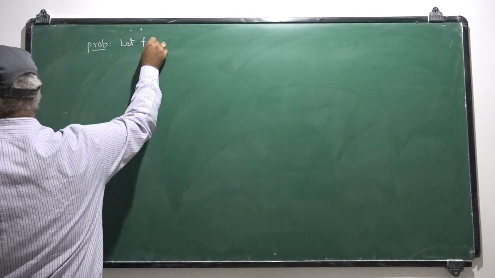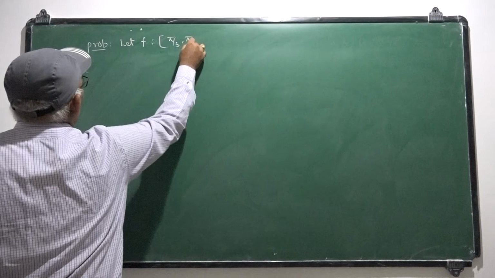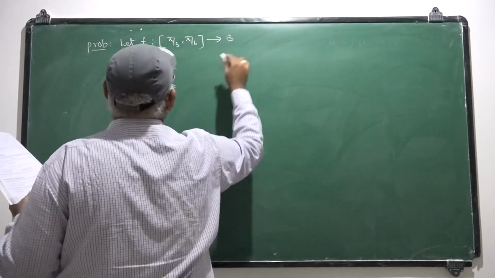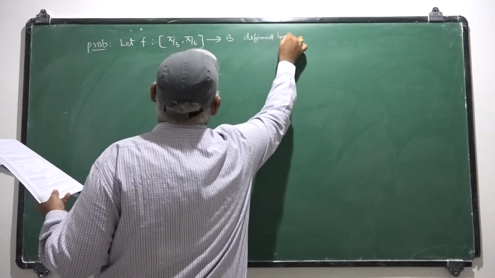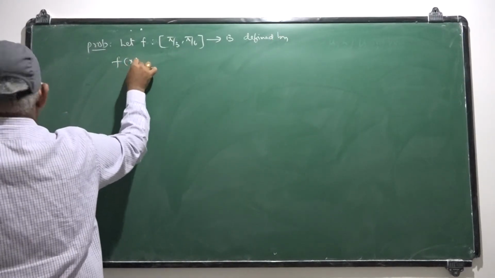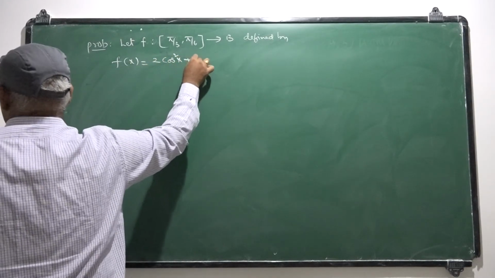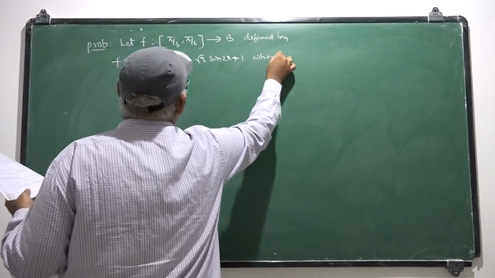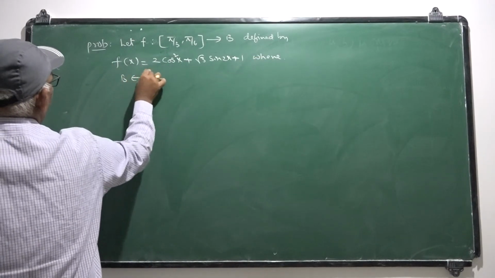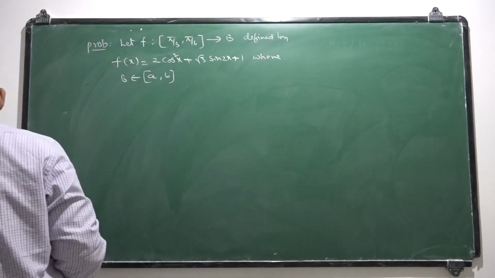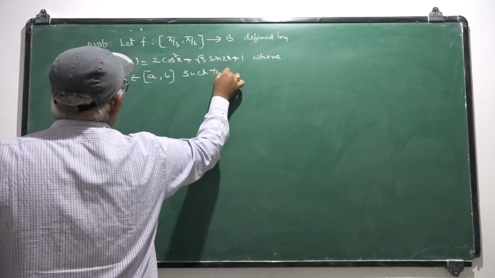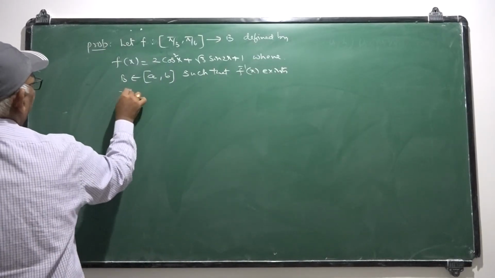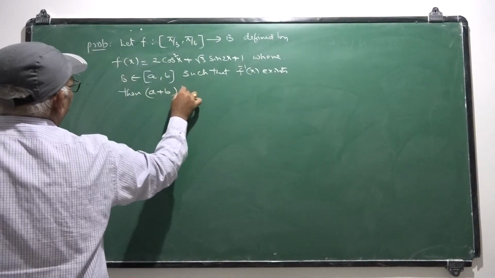Let f be the function defined from pi by 3 comma pi by 6 to b, defined by f(x) equal to 2 cos square x plus root 3 sin 2x plus 1, where b belongs to the closed interval a comma b, such that f inverse exists. Then a plus b is